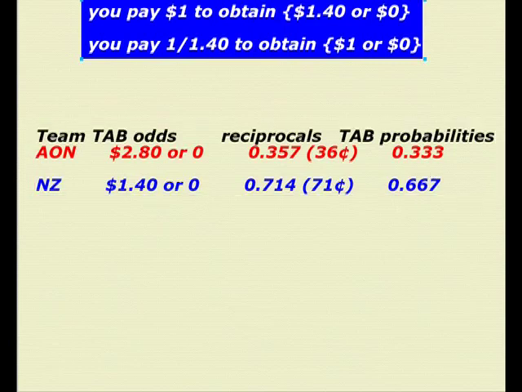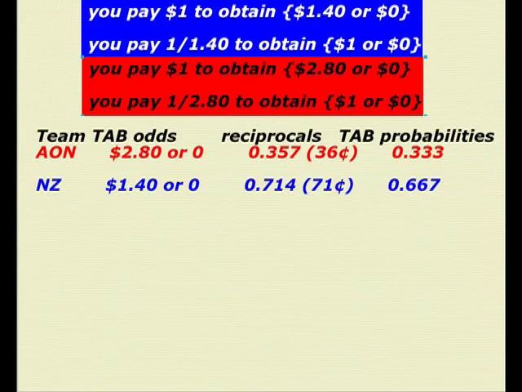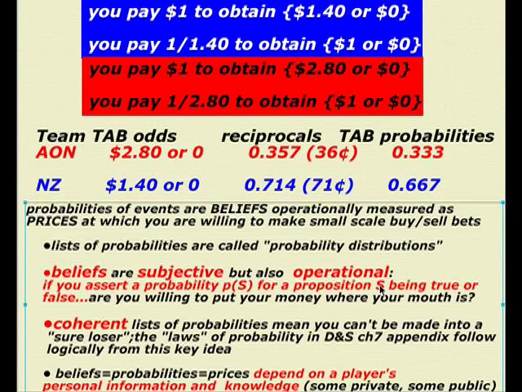Okay, what else have I got here? You do the same thing when we take the reciprocals for the other guy. I just put a little summary down here of the important things about probability that you want to keep in mind. We don't usually have one probability. We have several probabilities for various things that could happen, so we call those probability distributions. The probabilities are going to be numbers, typically fractions of some sort.